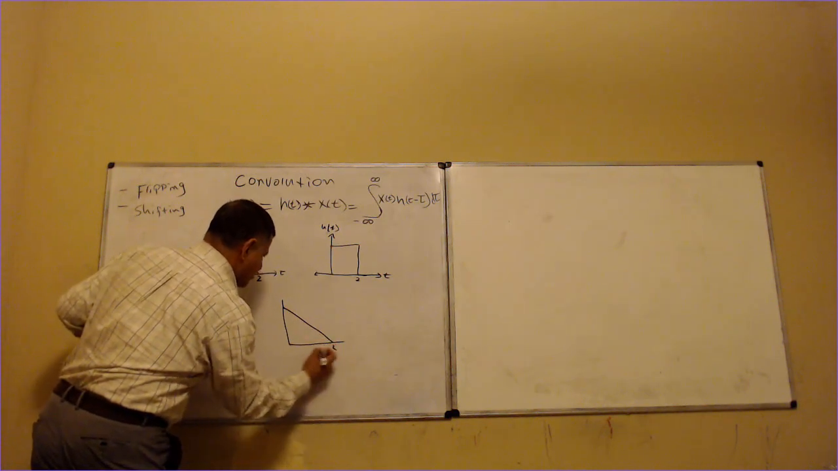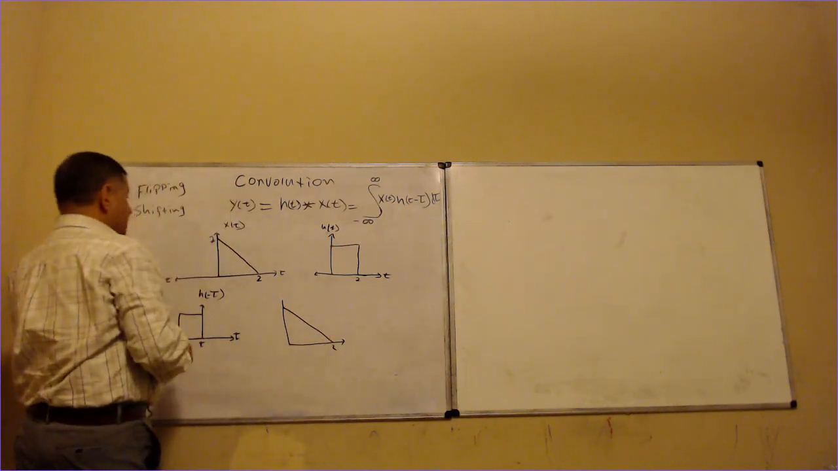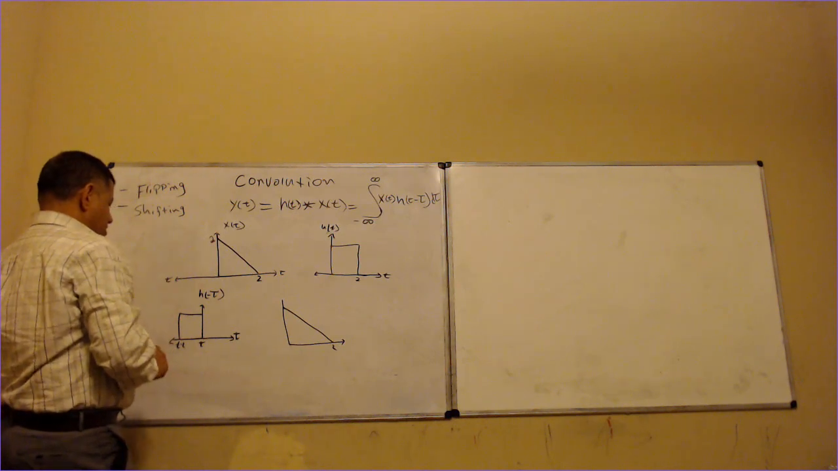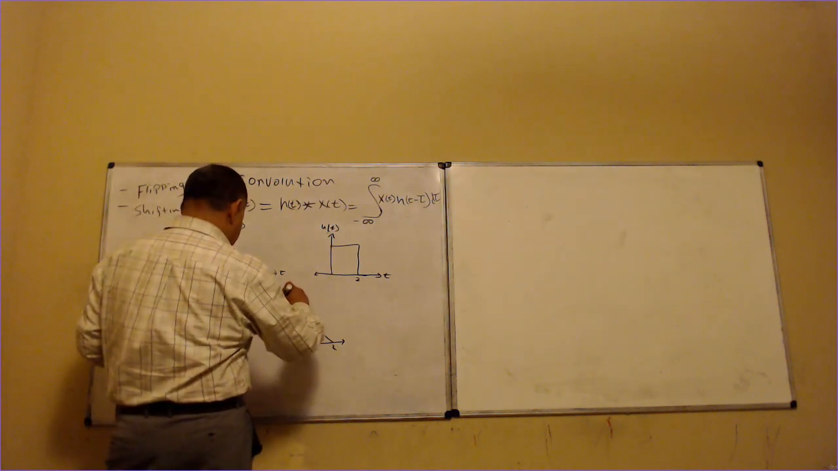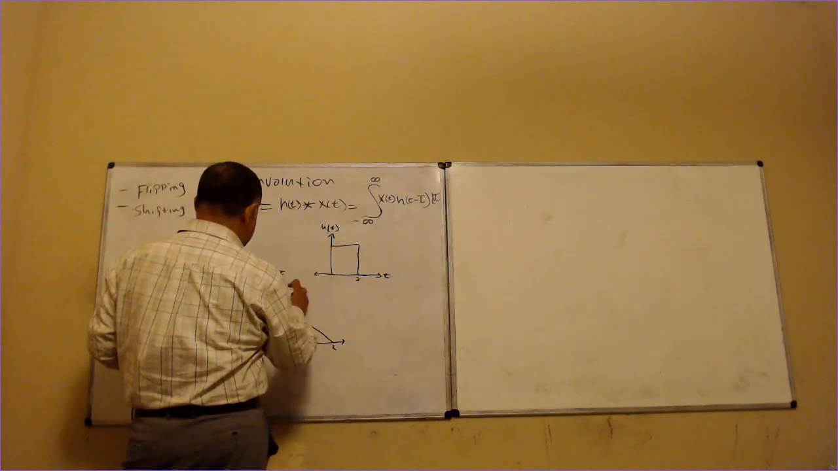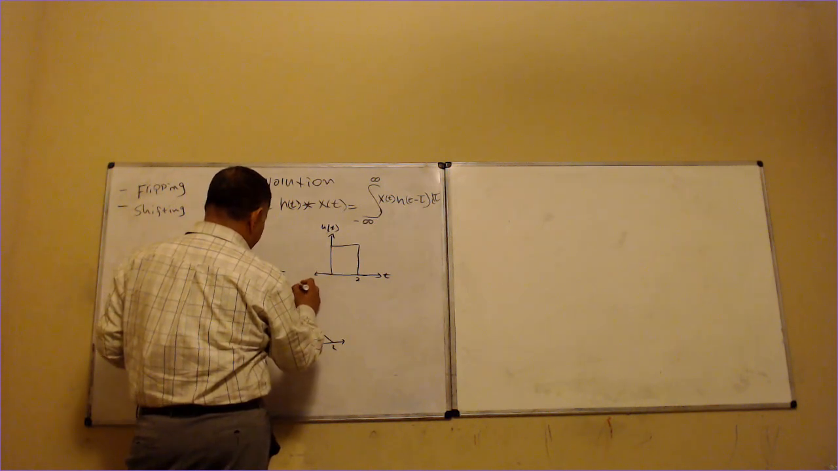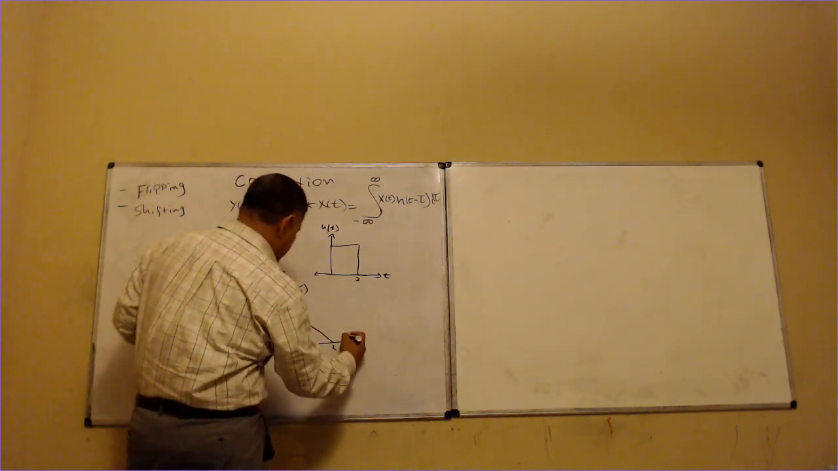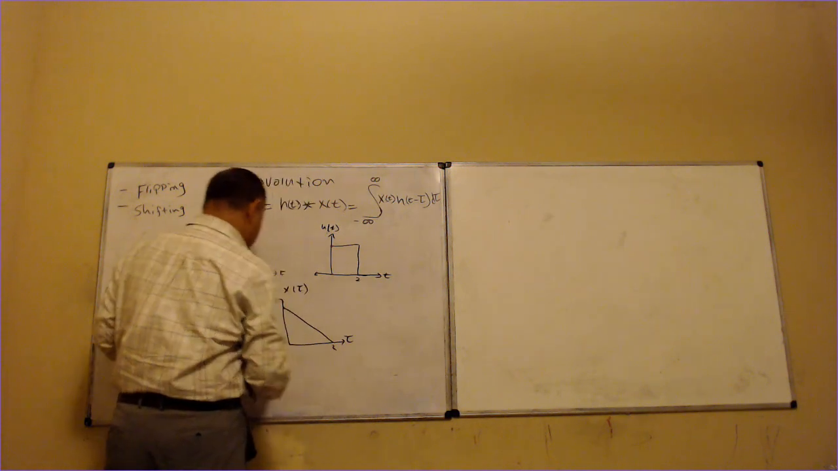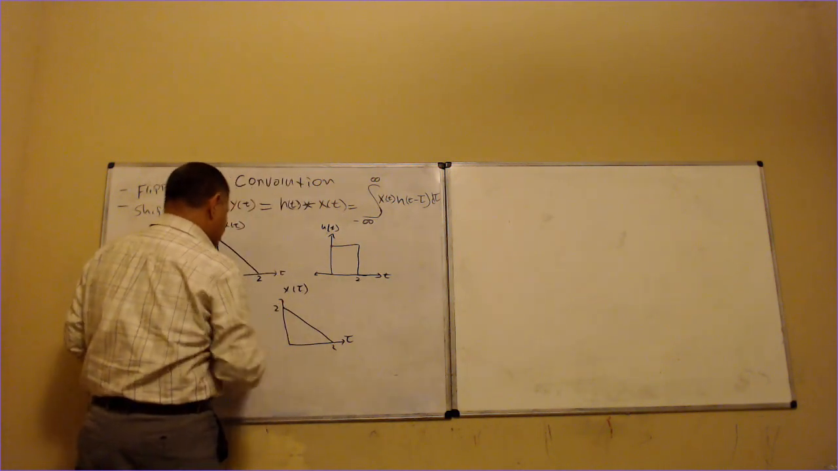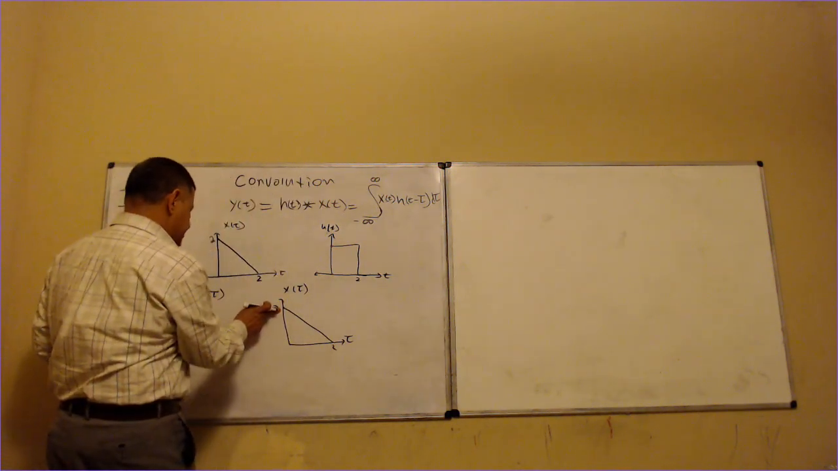So this is 2, right? And also this becomes right here. This is x of tau. Everything becomes x of tau now, right? So this is tau, right? And this is 2, right? Now